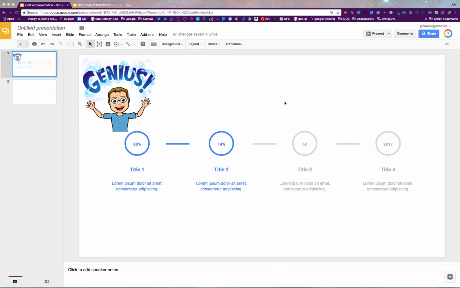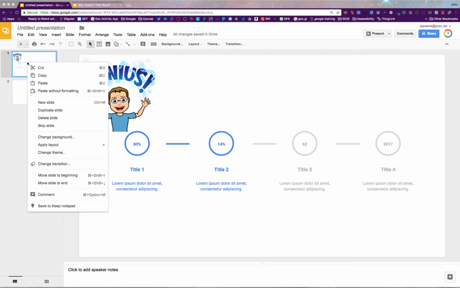So here's how it works. You can see here on the screen that I have a slide where I've entered a simple diagram, and I put in some numerical data here, and then I also put some text in here, Title 1, Title 2, Title 3, Title 4. So here's what I need to do. I'm going to go to the thumbnail view, and on this slide, I'm going to right-click, and I'm going to